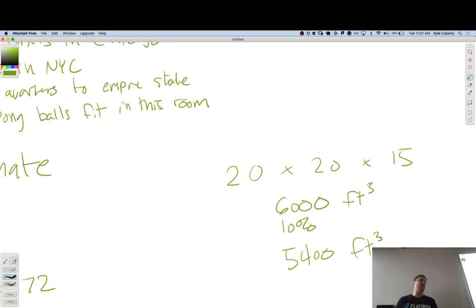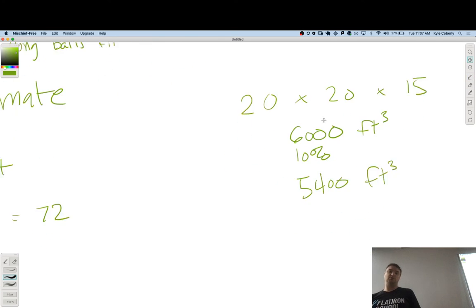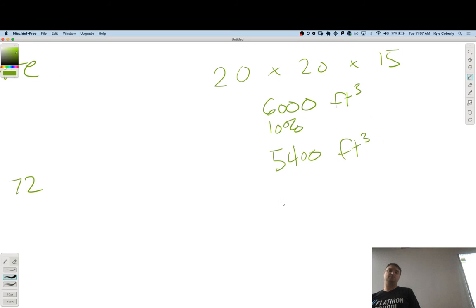So ping pong ball, what are the dimensions on a ping pong ball? About an inch. So then we say, how many of those fit in a cubic foot? Both directions, 12 by 12 is 144, in a square.